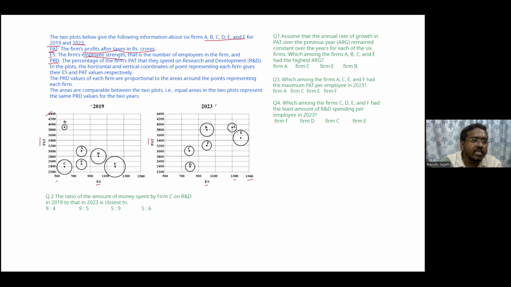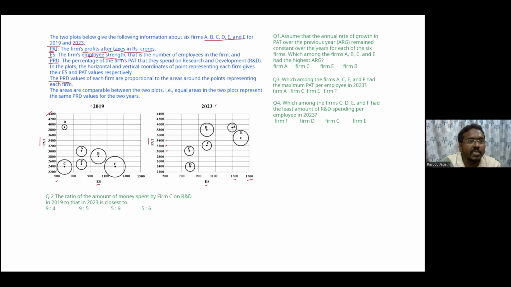And coming to the vertical axis, here we can take around 3000. This is 3000, this is 3200. That means this vertical axis is taking 200 units. One unit is equal to 200 units, 3400. If half is there, we can represent it as 100, like that. Next, in the plots, the horizontal and vertical coordinates of the point representing each film give ES and PAT. It is discussed. The PRD, how that profit,